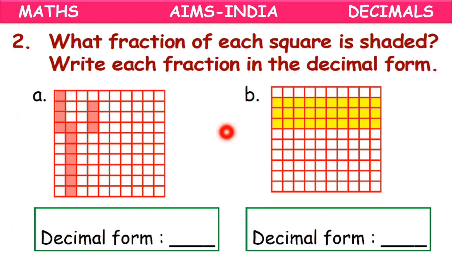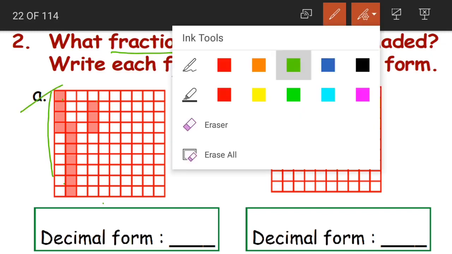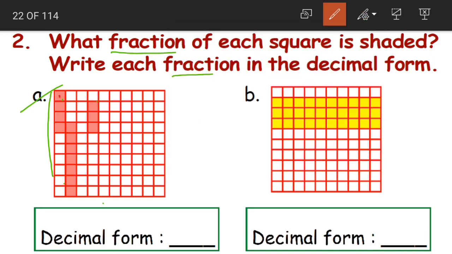Okay. Next bit, what fraction of each square is shaded? Write each fraction in the decimal form. Now what are they saying? First, for the given figure, we have to find out what fraction is shaded. For the given square, what part of it is shaded, and then we need to write that fraction in decimal form. If you look at the first square here, square A, 1, 2, 3, 4, 5, 6, 7, 8,